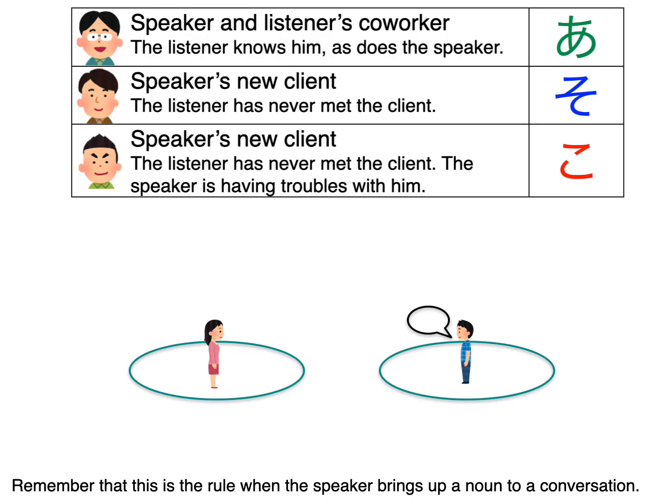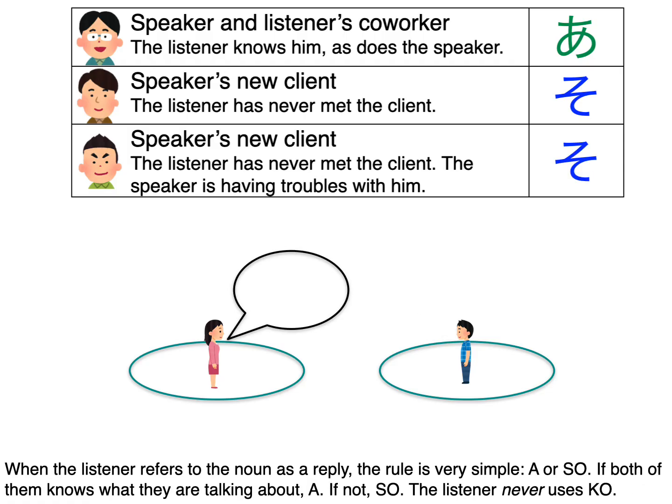Remember, this is the rule when the speaker brings up the noun to the conversation. When the listener refers to the noun as a reply, the rule is very simple. あ or そ。If both of them know what they are talking about, あ。If not, そ。So, the listener never uses こ。